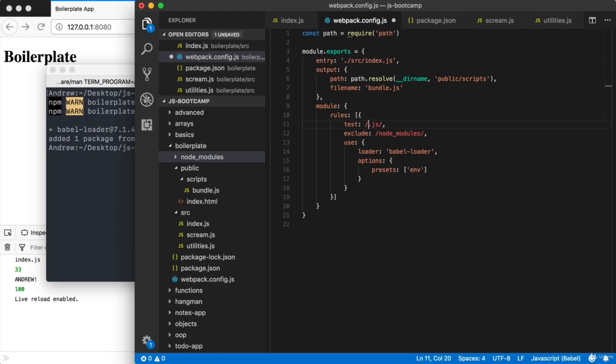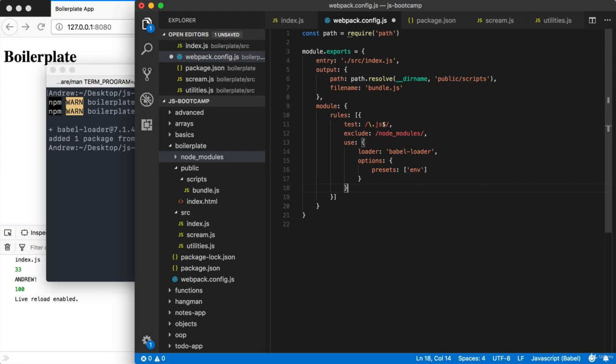Now, the dot character in a regular expression has a special meaning. We want to match an actual dot in the path, so we just escape that using a backslash. We also want to make sure that this file extension .js comes at the very end of the path, so we want to make sure that it's actually the end of the file's name. In order to get that done, all we do is put a $ sign right here. That makes sure that what comes before is at the end of the string. So now we have a great way to target just the JavaScript files we've written and actually process them through